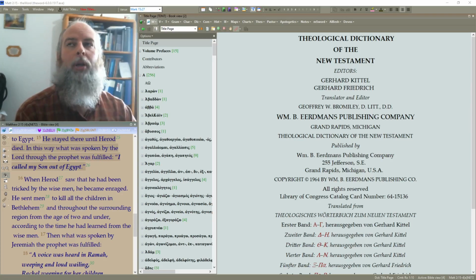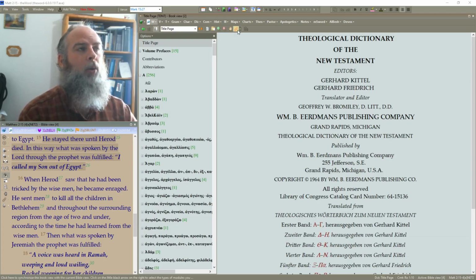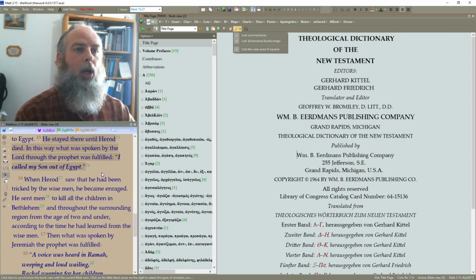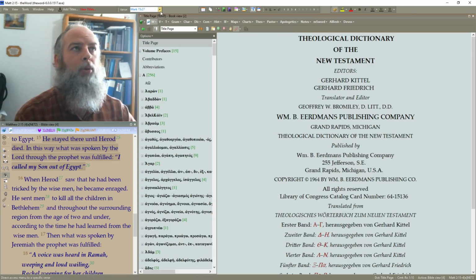So go ahead and open the Word Bible software and open, for example, TDNT, Theological Dictionary of the New Testament. Not TDNTA, that is a separate book. This is the 10-volume series. Make sure whatever view you're using for your book module is synced to the Bible view. Go ahead, for example, and open up to John